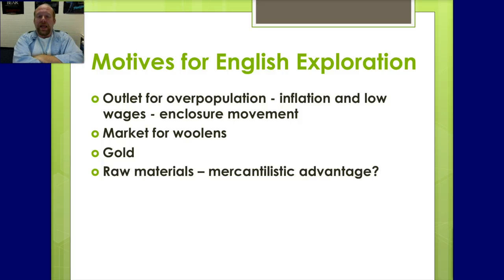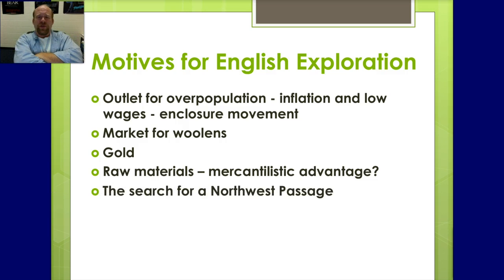Raw materials. Is this a mercantilistic advantage? I would think so. Because with raw materials, you can build more ships at the time, so the more raw materials you have, the better mercantilistic society you are. So I think the raw materials of the colonies of the New World were definitely a mercantilistic advantage. Search for the Northwest Passage. You go up and come down through the Hudson River. So the English wanted an easier way to come in through that neck of the woods, up through Newfoundland. They call that the Northwest Passage. As we go forward into this unit, I'll talk to you more about the Northwest Passage.